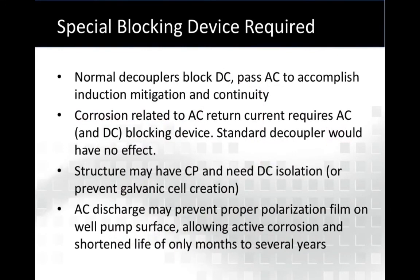Now, why is that? Again, back to decouplers though. Normal decouplers, typical decouplers, block DC and they pass AC. And that allows them to accomplish useful functions like AC mitigation for induced AC on pipelines that are in a right-of-way with a power line. And they have continuity, so that you have AC continuity with DC isolation. But in this last story,